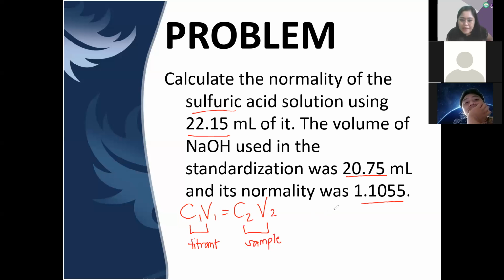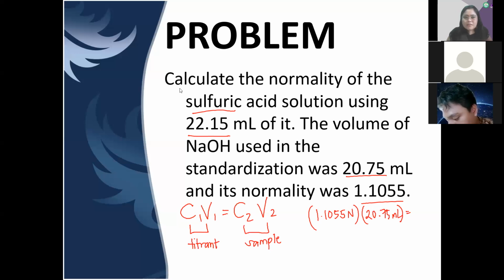So, we have here for the first concentration, for the titrant, it's 1.1055 normal times the volume. The volume is 20.75 ml equals, for the sample, the C2, we are looking for this one, the normality. And then the volume na ginamit for sulfuric acid is 22.15